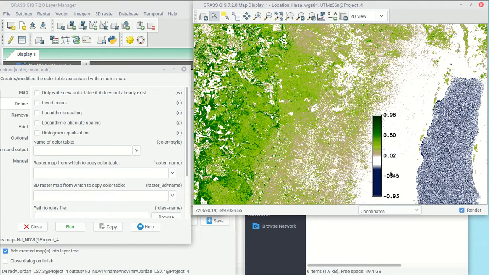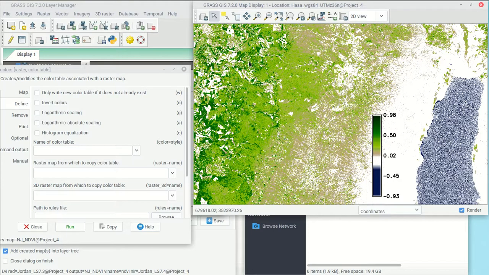Alright, so it calculates all this for us. It normalizes it from 1 to 0, or actually 1 to minus 1. And that's why the normalized difference vegetation index is really useful. We know anything close to 1 is really healthy, growing vegetation. Anything close to 0 is, well, non-existent, dead vegetation, pretty much. There's other things that may have reflectance values that go to this, but this is a pretty good indication of the